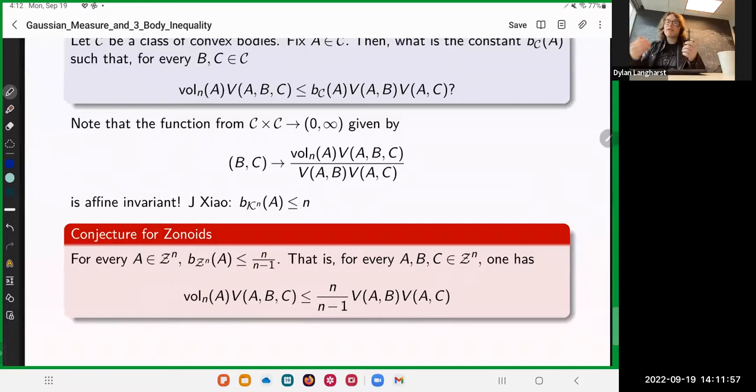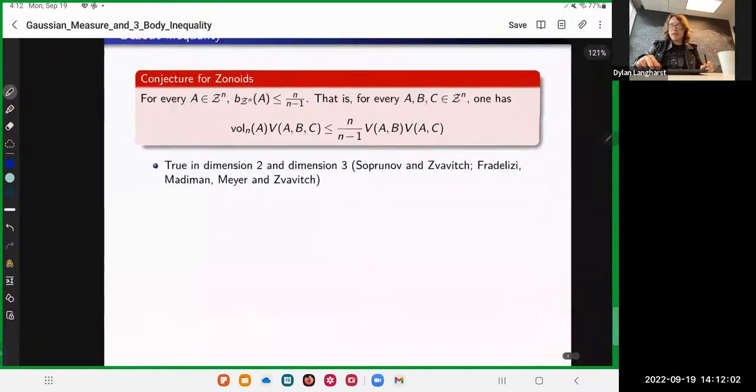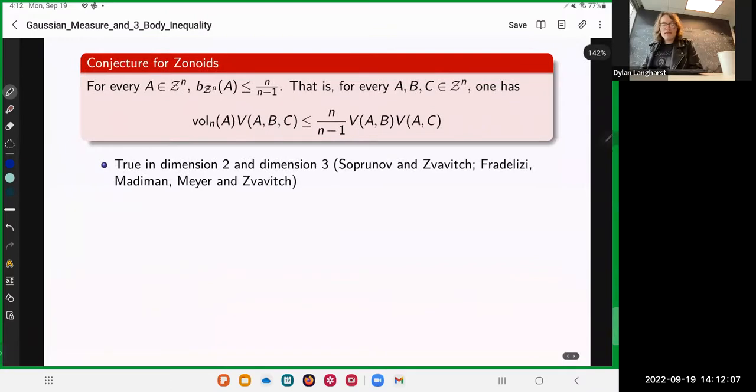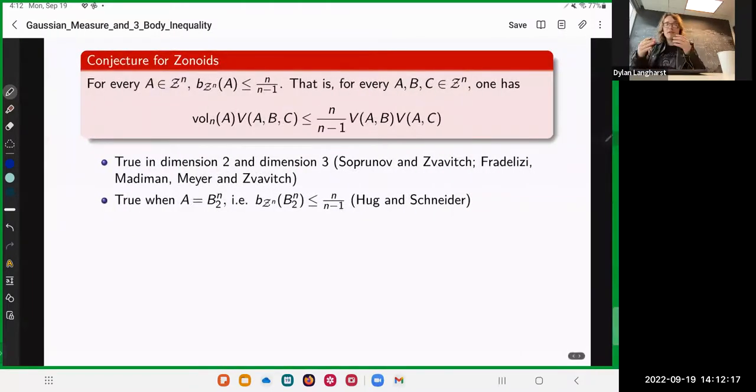So now let me tell you about the progress that's been made in the volume case. So here's the conjecture again. It's true in dimension 2 and dimension 3. This is shown in a series of papers by Saroglou, Soprunov, Zvavitch, and Fradelizi, Madiman, Meyer, and Zvavitch. As you can see, this Bézout-type inequality has been very close to my advisors' hearts. They've been working on it for a very long time, picking away at it. And it was shown by Hug and Schneider that if A happens to be the Euclidean ball, then it's true, i.e. this constant